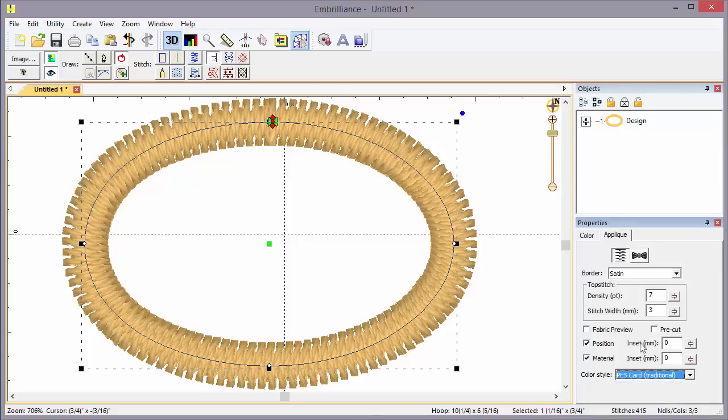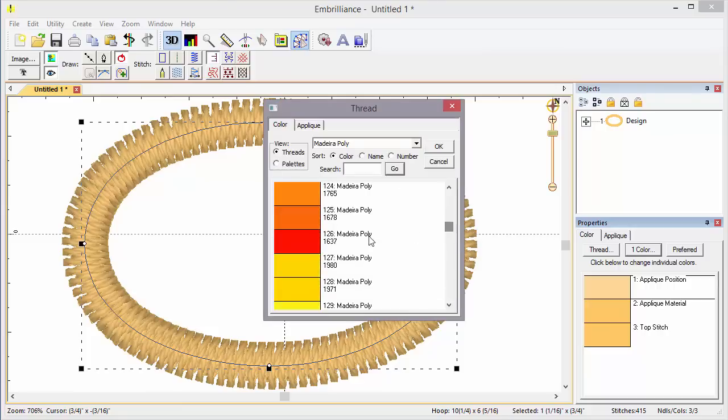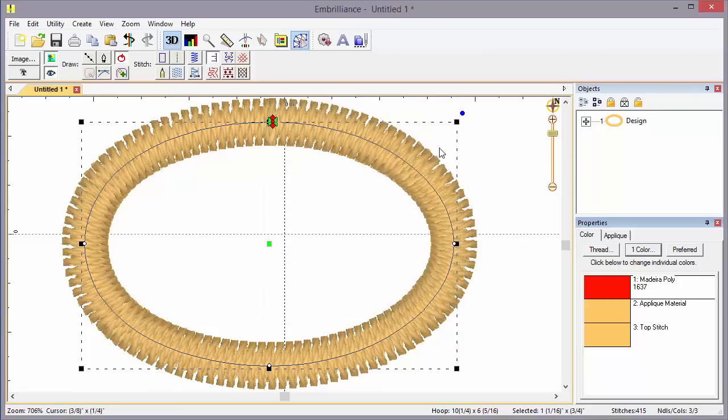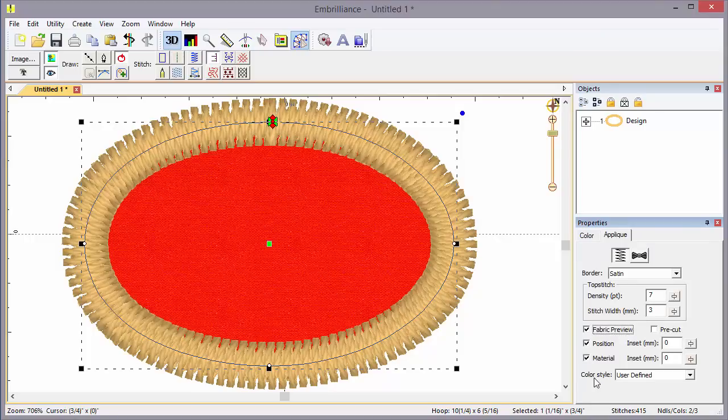And then if we are using something like a PES card color and we randomly change this to be whatever we want it to be, say we're using the fabric preview, well, what happens is the color style picks up. It says, well, you're not really a PES card and you're not really a multi-needle keeping the color, so now you are a user-defined color. So it will pick that up for you. Generally start with the PES card, and then if you want to change the colors, go right ahead and do that. So there we have a nice overview of applique,